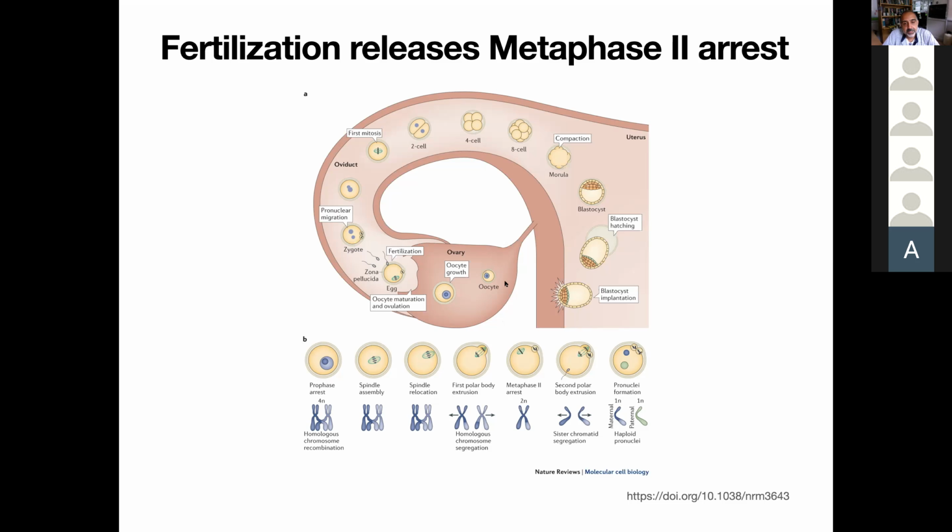in mammals, what we're looking at is where all of these events are taking place as we go to the uterus. Fertilization happens, of course, in the fallopian tubes, which is very close to the ovary. What happens on fertilization is, as I mentioned, this metaphase 2 arrest is released, and as I mentioned